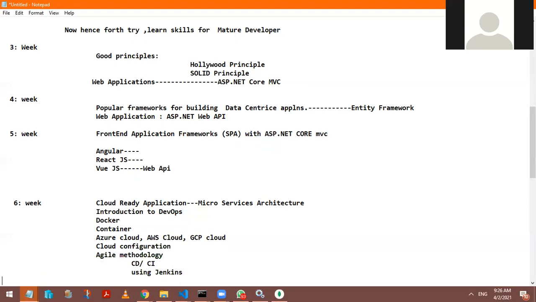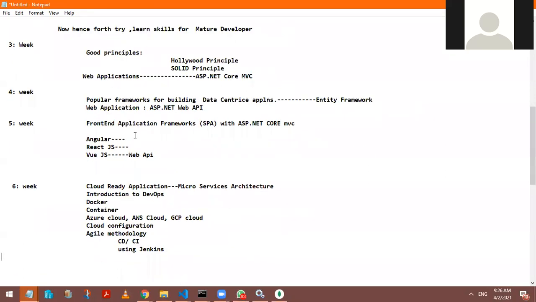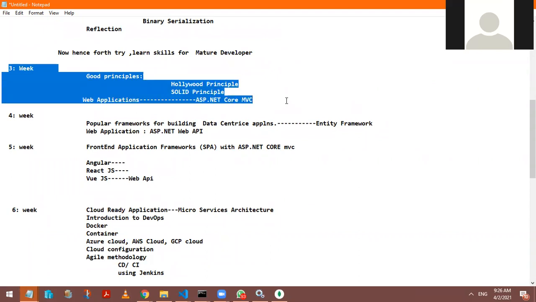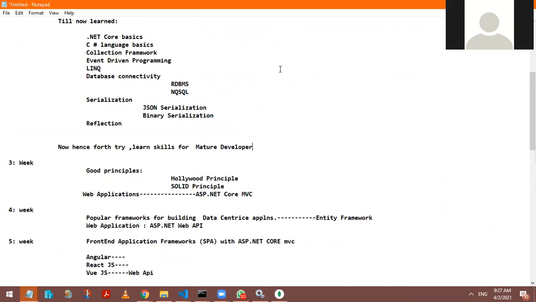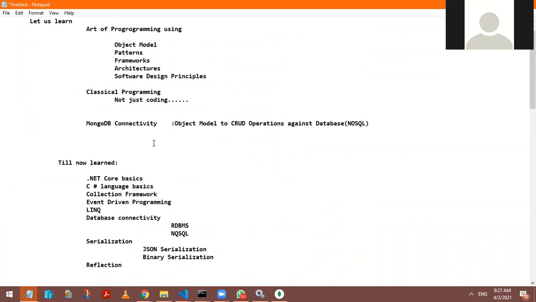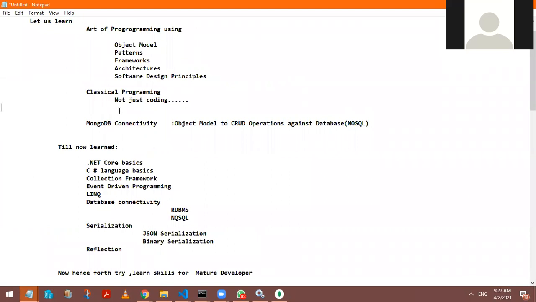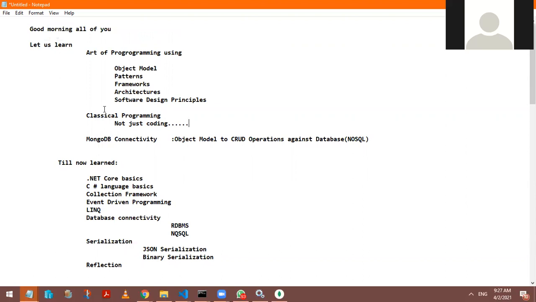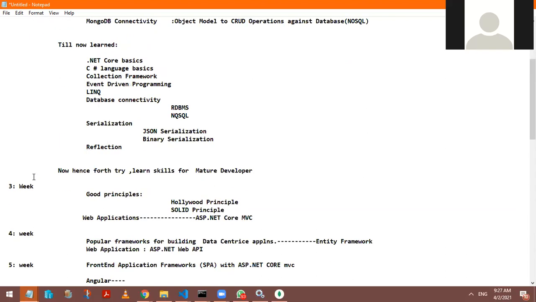Okay, can you now have a complete picture of the rest of the weeks we are going to focus on? This is what our next session will be, which we're going to plan for the 5th of April. So this is a good new start. But before that, you still have 2 days in hand to complete this whole area. Revise whatever we learned up till now. Revise database connectivity. Revise your basics. Be familiar with the GitHub API and GitHub code repository. And now slowly, this is what is going to come.